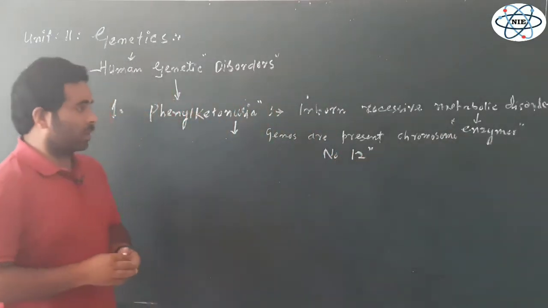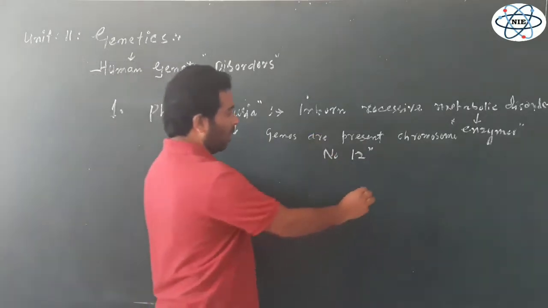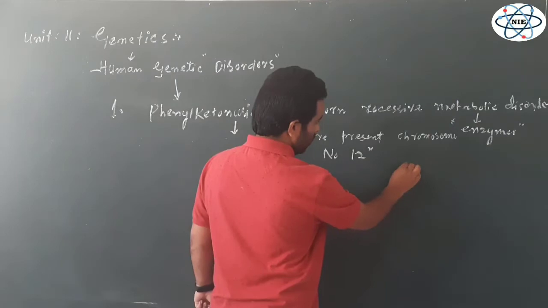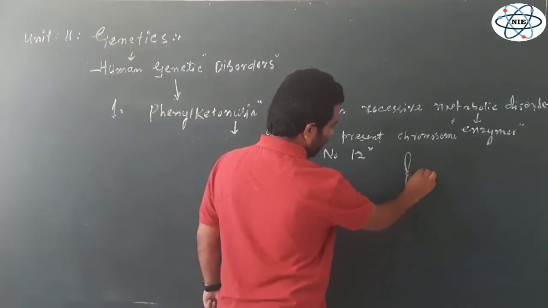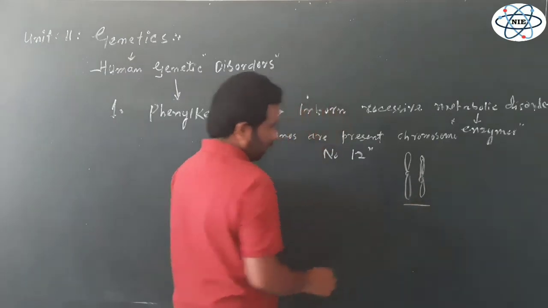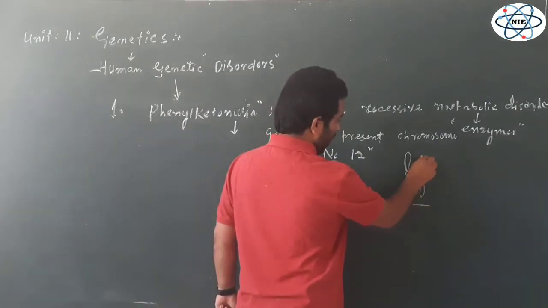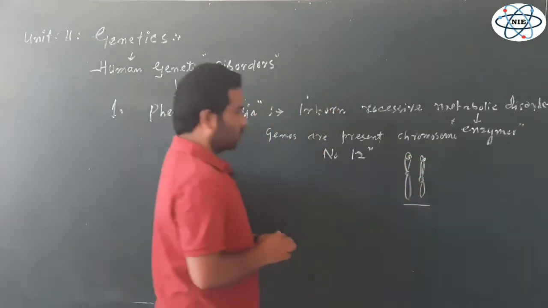So the genes for this character, the genes which are coding for some enzymes, are located on chromosome number 12. There are two homologues of chromosome number 12, right? Let's say for example this chromosome number 12. There are two copies of chromosome number 12, and the genes for this character are present on the same chromosome,